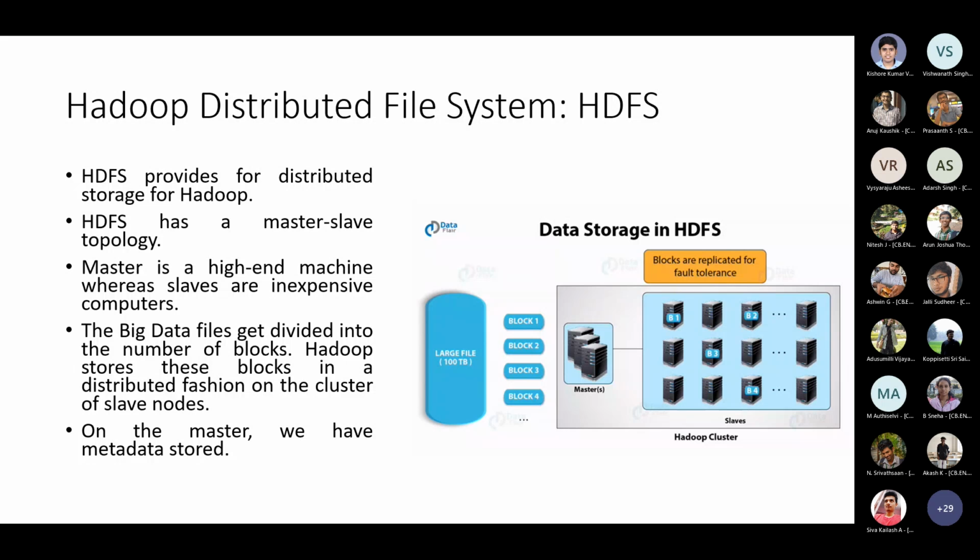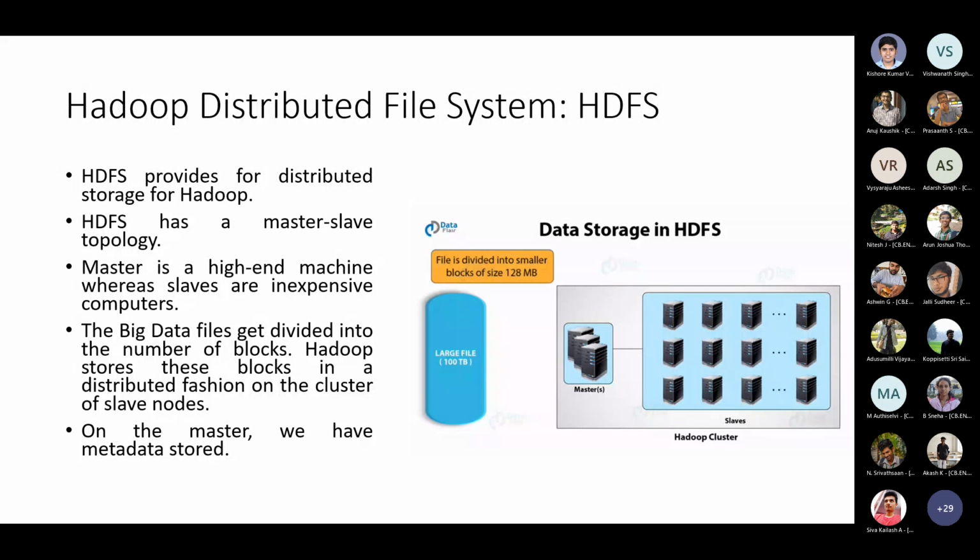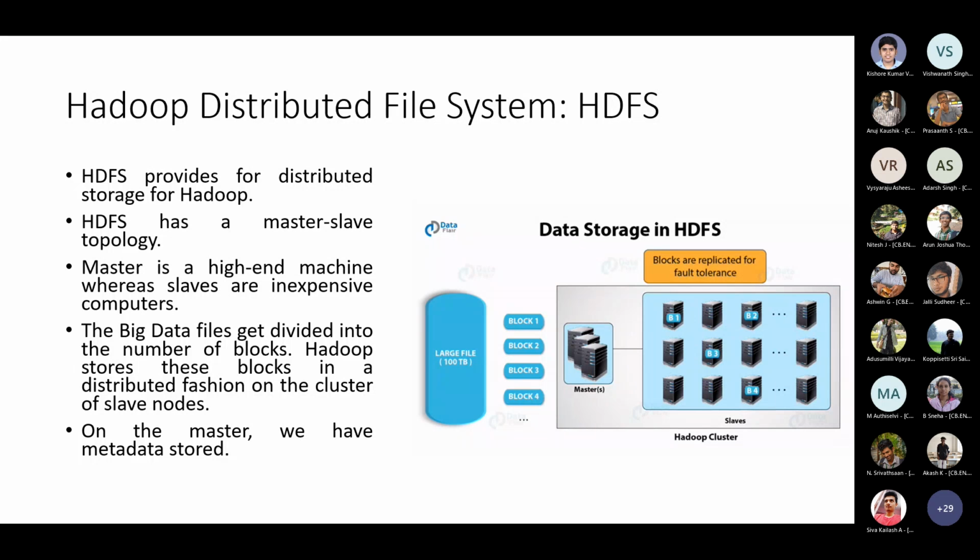Okay, so this is what is happening as part of the HDFS system. You can see the master is typically a high-end machine, like a server class system. And the slaves could be anything small. As I said, it could be a Raspberry Pi 4, your laptop, any other desktop system or whatever you have. You could have several systems of different types connected together. There is no requirement that all of them should be of the same type or the same processing capability. The only thing is that they should be capable of running as Hadoop slaves, and that the Hadoop environment is set up in all of them.